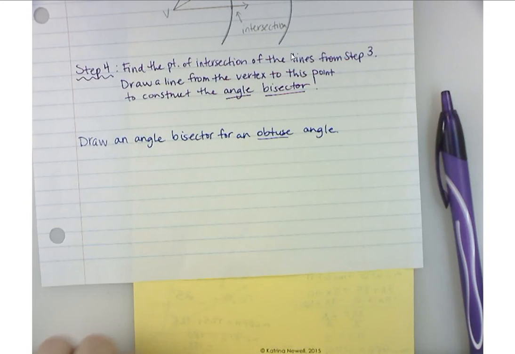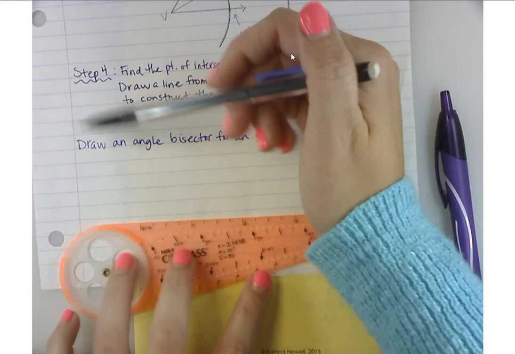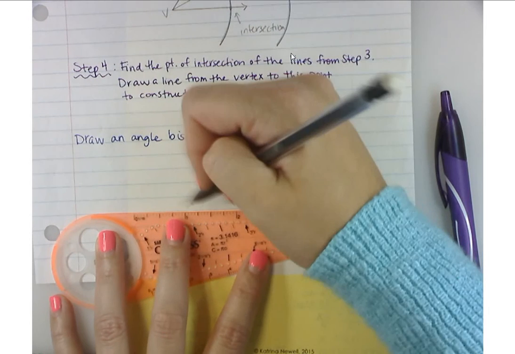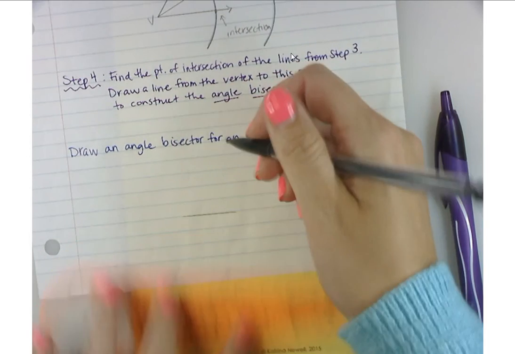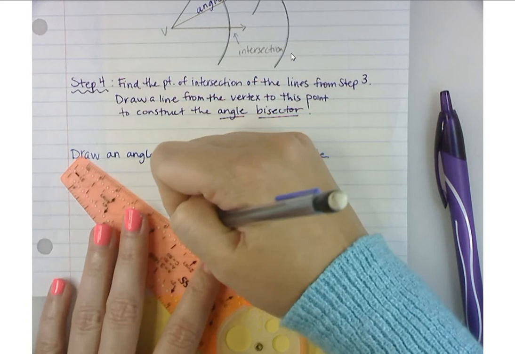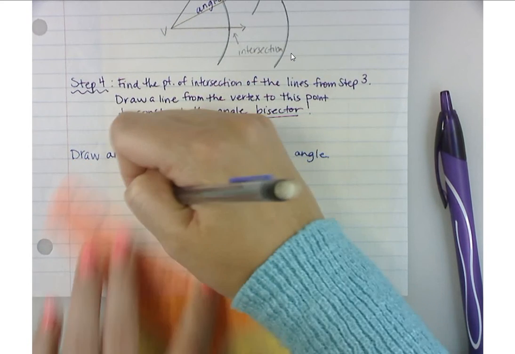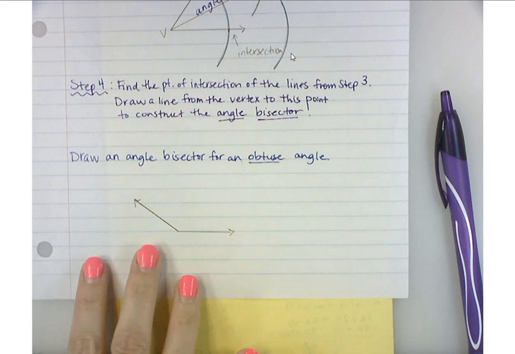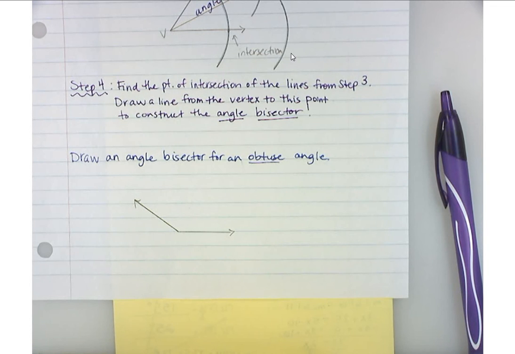We're going to do one for an obtuse angle. Okay, so you can draw any sort of obtuse angle. Okay, and then I'm also